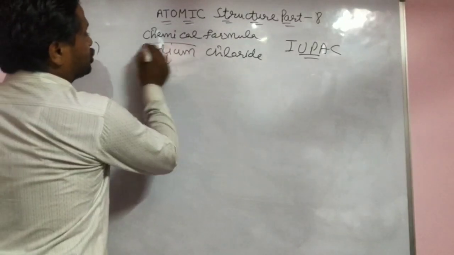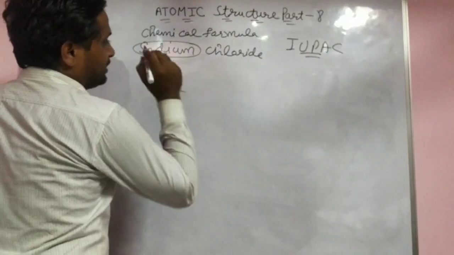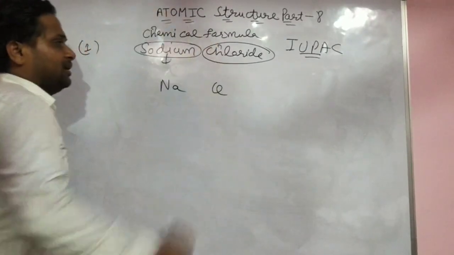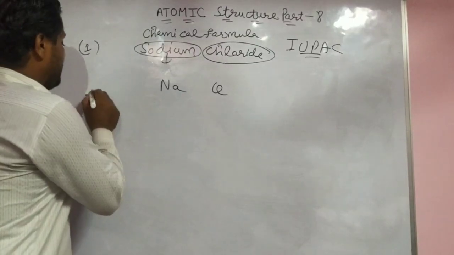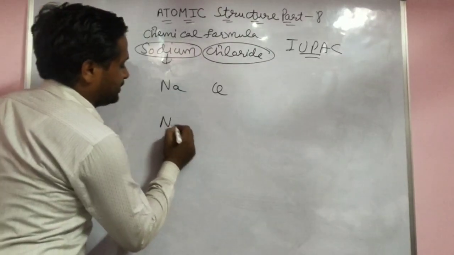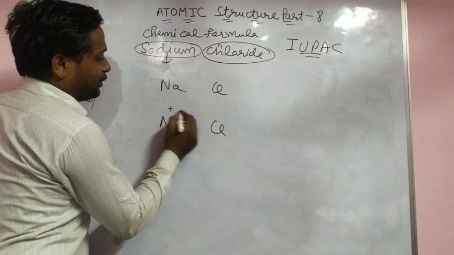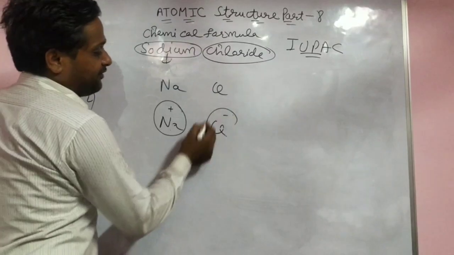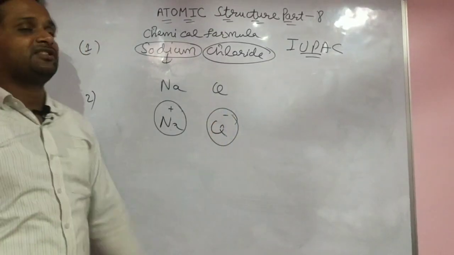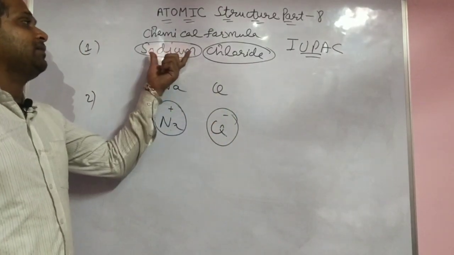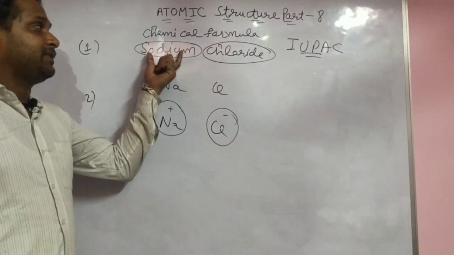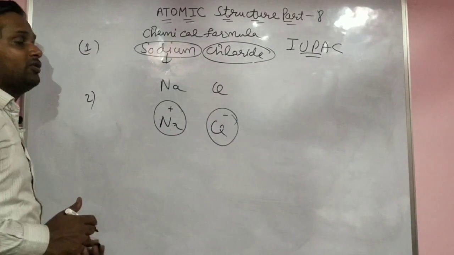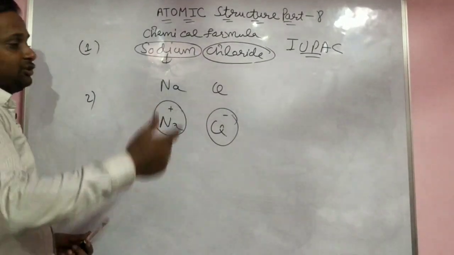First of all, sodium: write the symbol Na. And write the second symbol, Cl. Second, you have to write their valency on top. Keep in mind, the one with the positive charge goes on the left side, and the one with the negative charge always goes on the right side. When you give the name, keep in mind the cation is always named first and the anion always at last, on the right side.